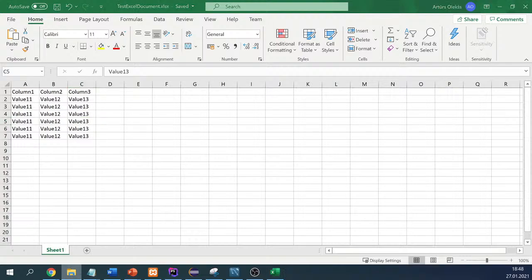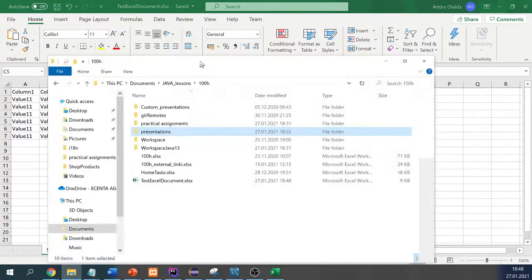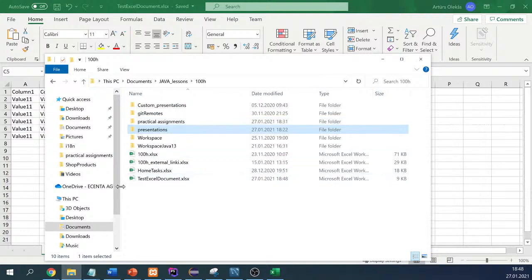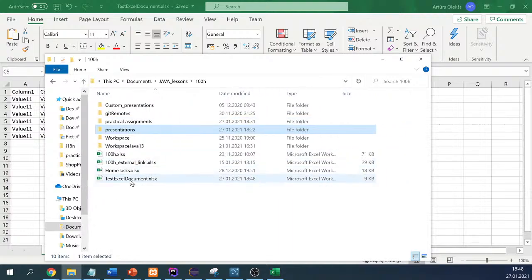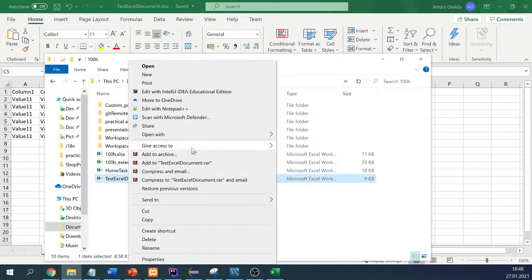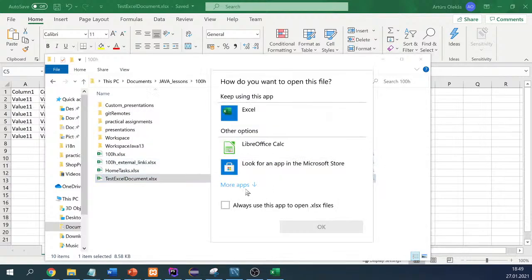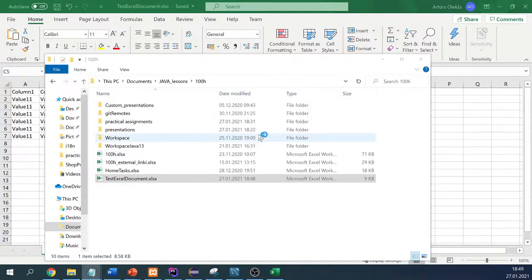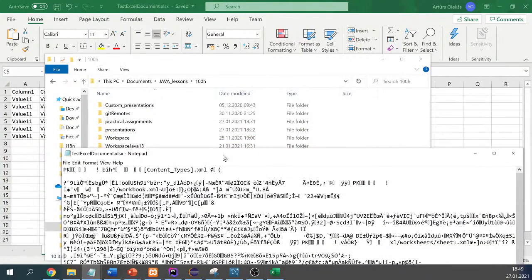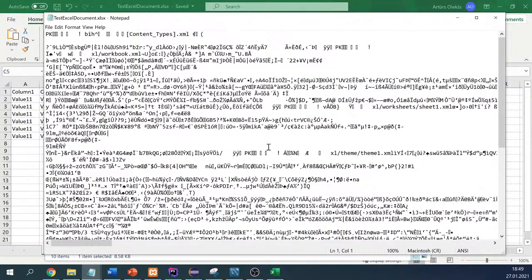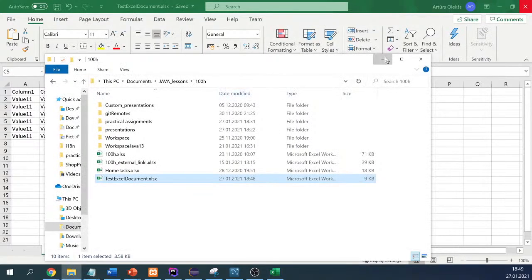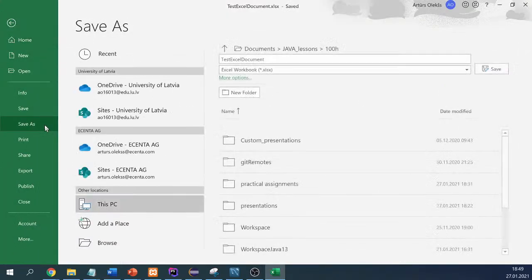Yeah, and we can see it if we open it using a text editor, for example. Using, for example, Notepad, you'll see that we have some strange content, which, of course, if we read it as text, we cannot really understand what the content here actually is. But if we do the same with the CSV type,